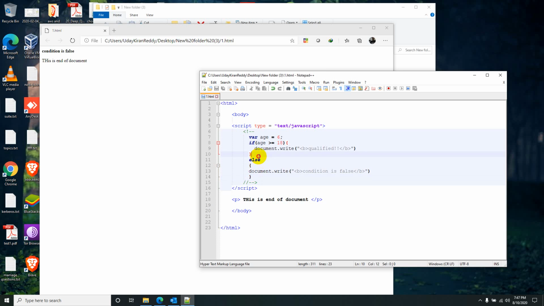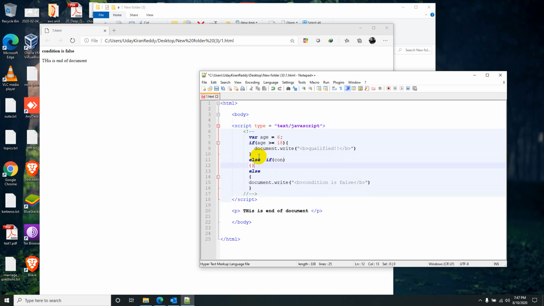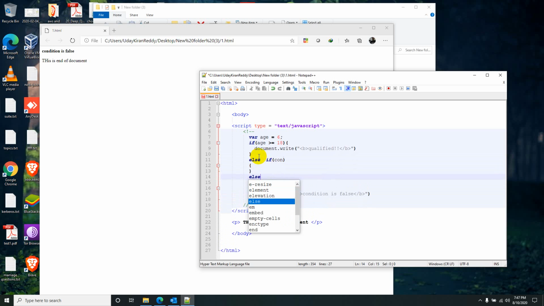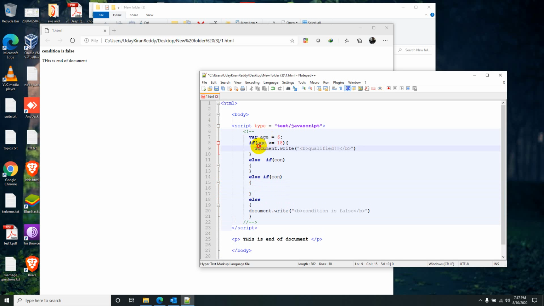In that case, instead of else, I will write else if and write some more conditions. However many branches I want, that many conditions I can write like this. Each time, if this is true, this will execute. If it is false, it will come to this one. If it is false, it comes to this one. If it is false, at last it will come to this else part.